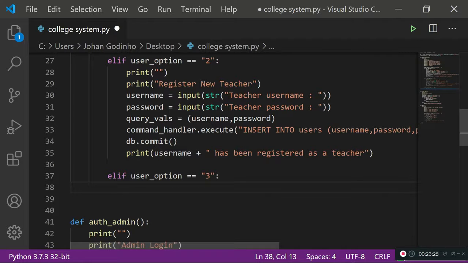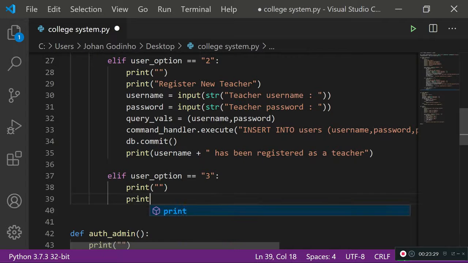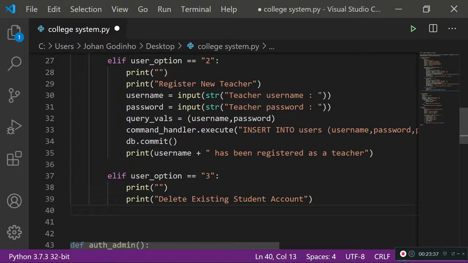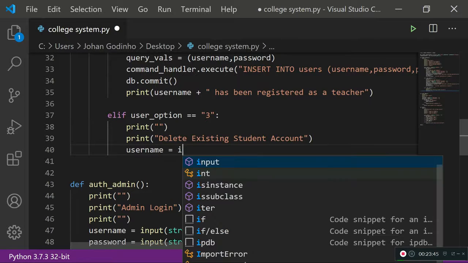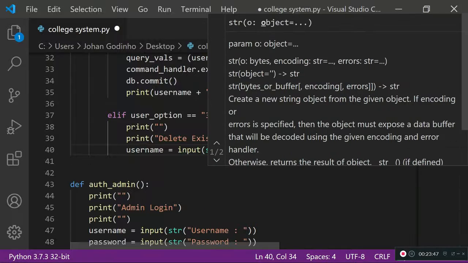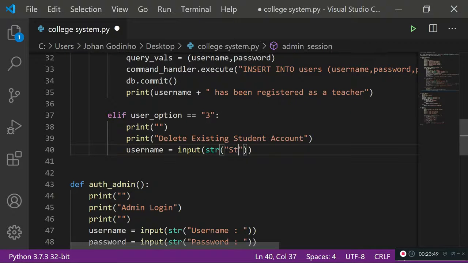So first off, we're going to print a blank line like we always did. Then we're going to print delete existing student account. And then what we're going to be doing next is actually gathering the username so that we can delete that actual user from our database. So username equals input string student